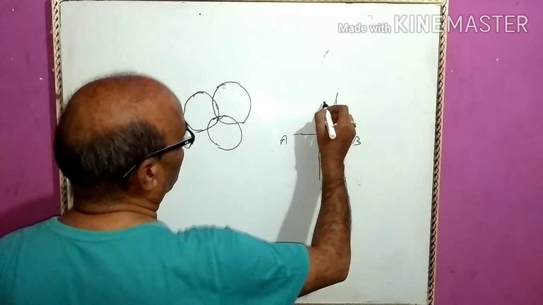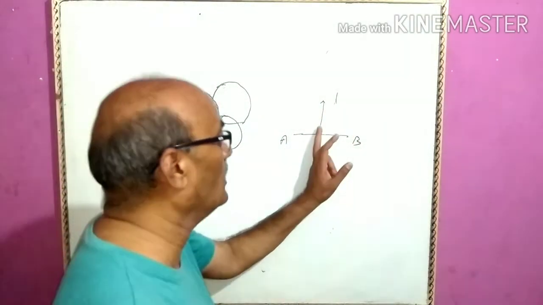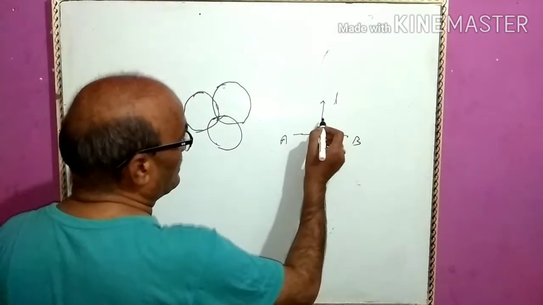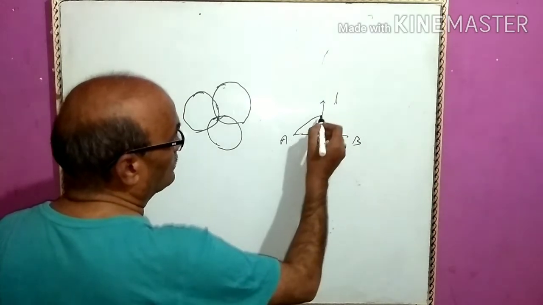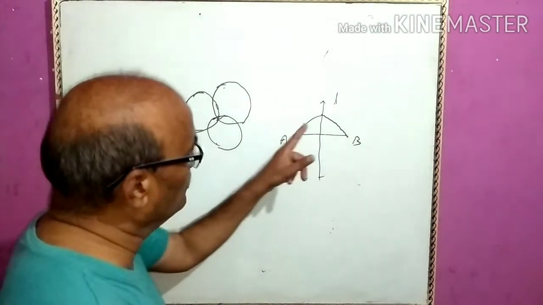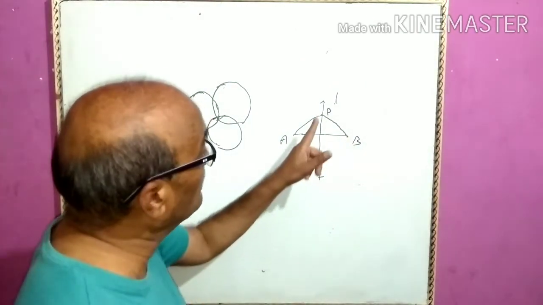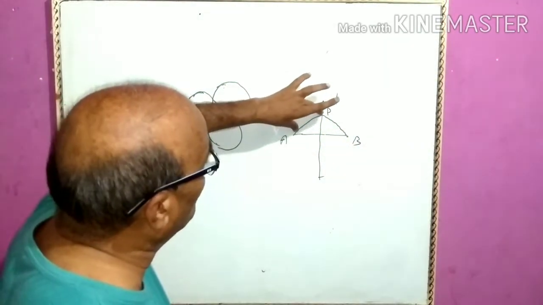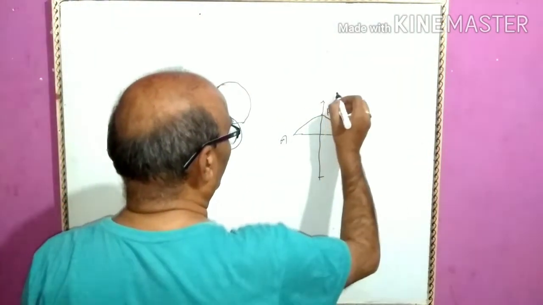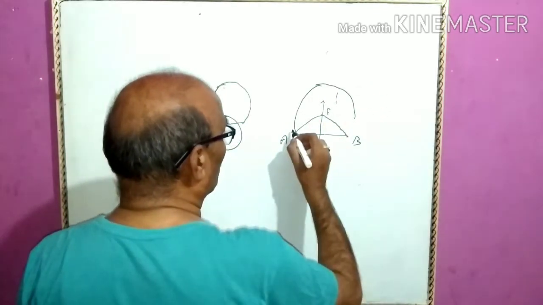Suppose it is L. Clearly, every point lying on L, that is on the perpendicular bisector, has the same distance, equal distance, from these two points A and B. So, if you consider P as center and AP as radius, then you can draw a circle passing through